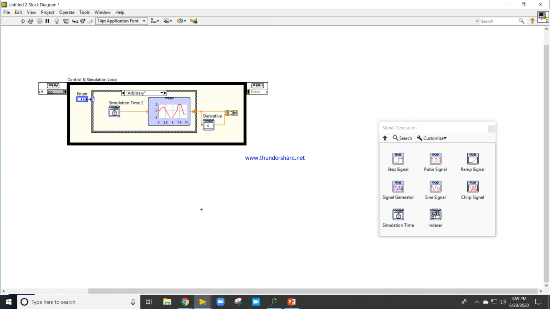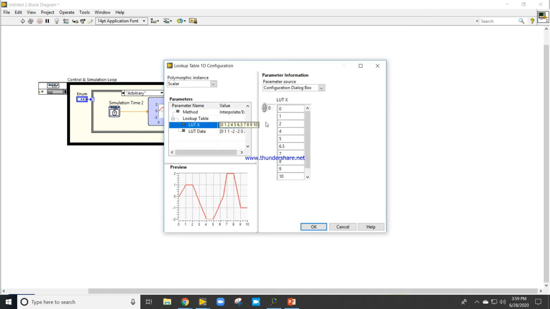So now this one, double click. First write the values 0 1 2 3 4 5 6 7 8 9 10 as the x-axis data.